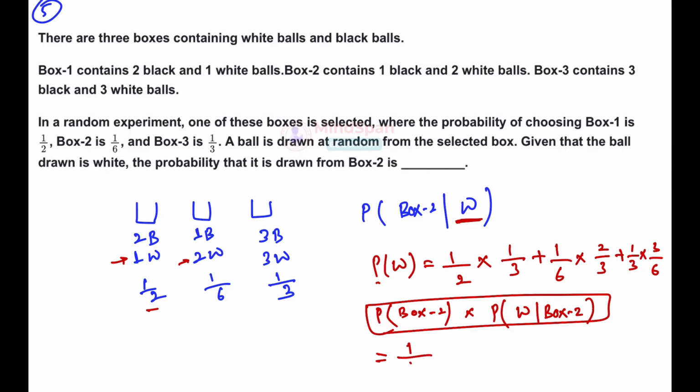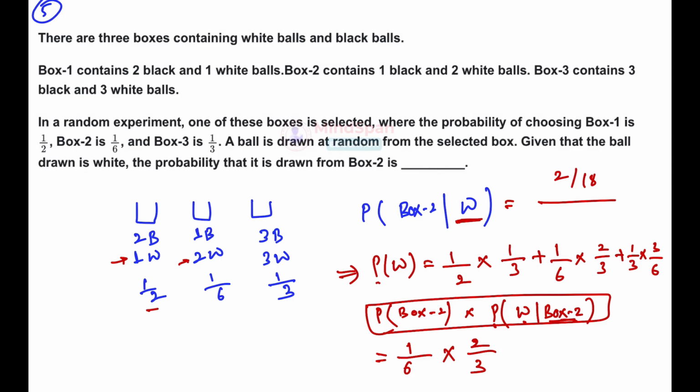So choosing box 1, box 2 has the probability 1/6 times what will be the probability that we have selected box 2 and, given this information, the probability of choosing the white ball. So it will have the probability 1 divided by 2 divided by 3, right? So this is the event that will favor, so that is 2 divided by 18, divided by the total probability of selecting the white ball.